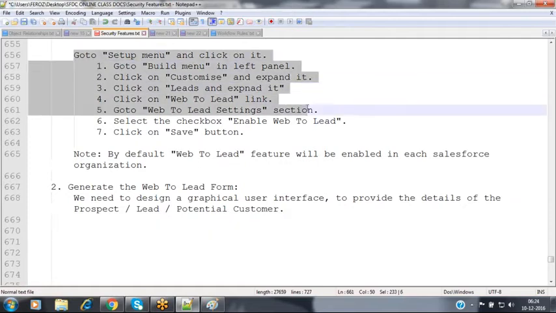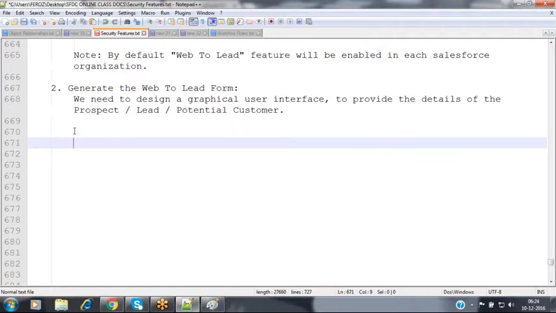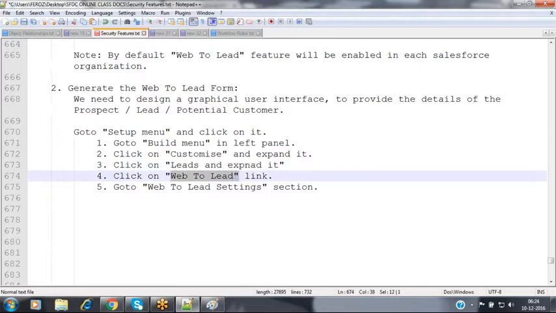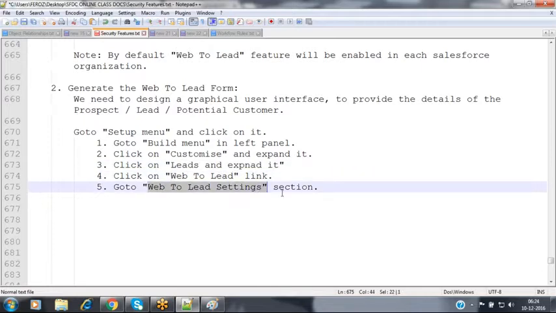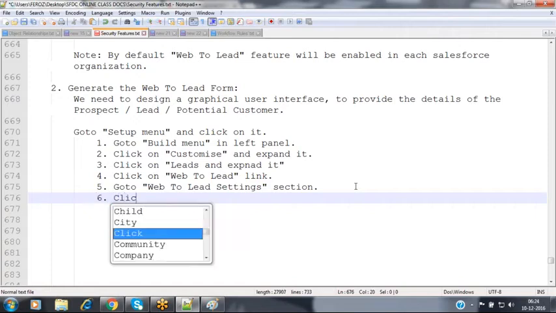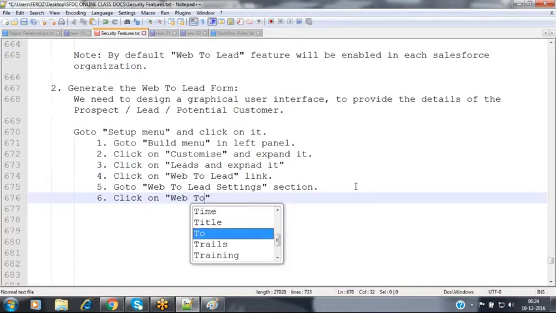Then how can we design this graphical user interface? In this kind of scenario, we have to go to the same navigation to generate the web to lead form. Go to the setup menu and then go to the build menu in the left panel. Go to customize, expand leads and click on the web to lead link. Go to the web to lead settings section, and inside that you will have a button called generate web to lead form.